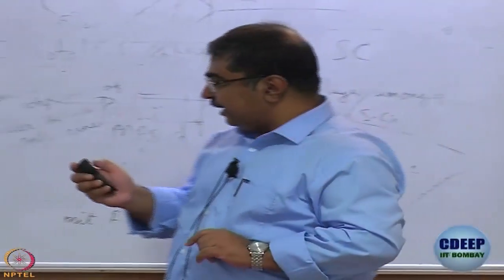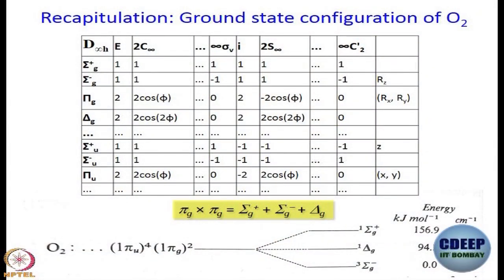So, the 6 states we obtained are singlet Σg+, singlet Δg and triplet Σg−, and we had discussed that the triplet state is the lowest energy state and the other 2 are higher energy states. We had discussed what the energies are, and we had discussed how, first of all, these 3 states arise out of the same electron configuration, right. It is just a combination of different spatial and spin parts corresponding to the same electron configuration, which is this 1πu4, 1πg2.